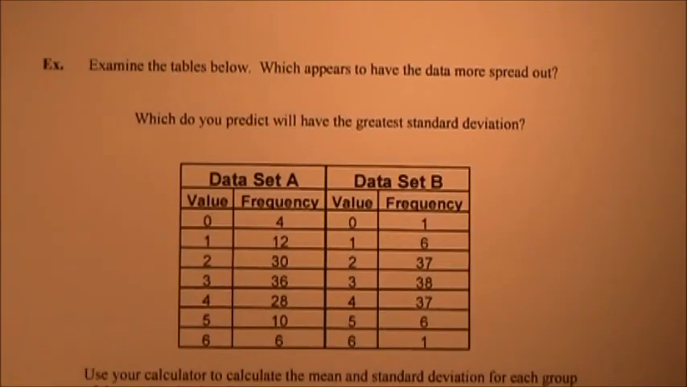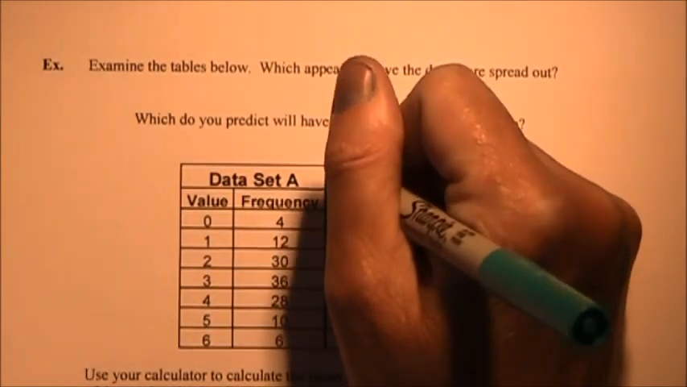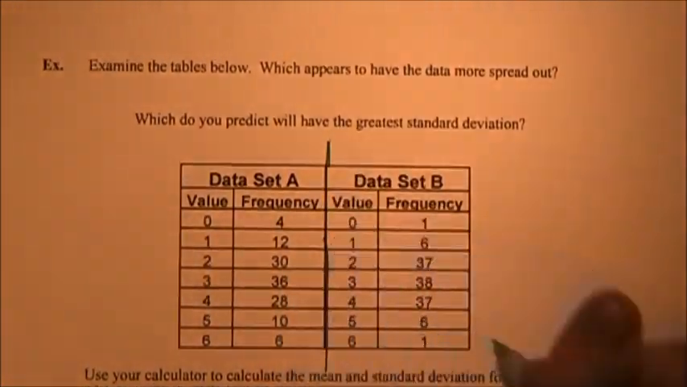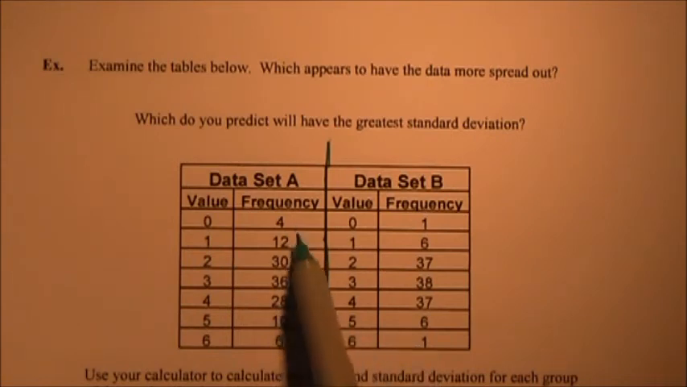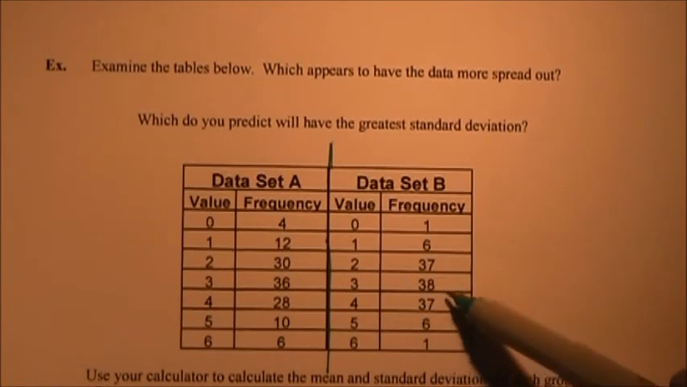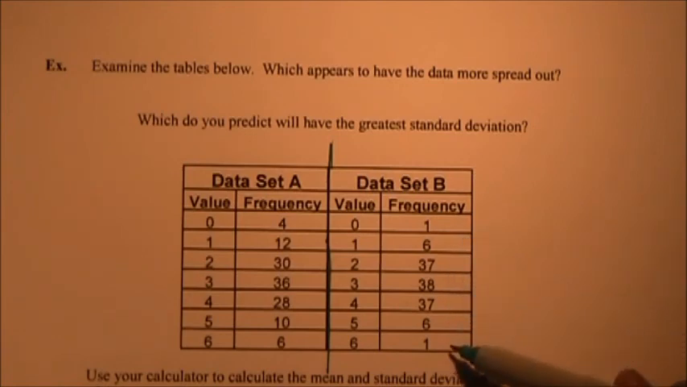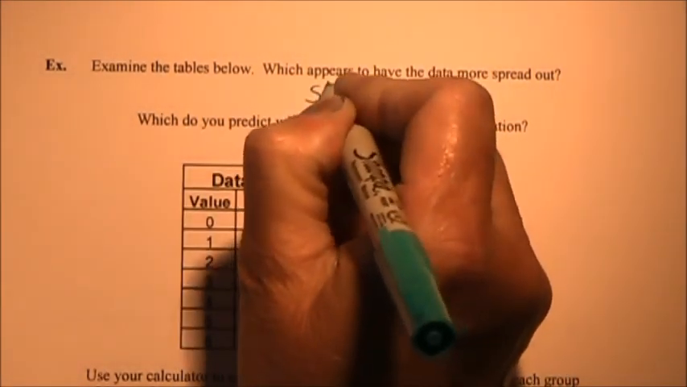This example asks us to examine the tables below and asks which appears to have the data with more spread. Now, it's 2 tables. Here's where our tables separate. Now, remember, as they're more spread out, that would mean that there is more information near the outside edges and less near the middle. So if I look at the middle, comparing the middle section of these 2, this looks like it has less values than this one does. This also looks like it has more values on the outside edges than this one does. So that would mean we have more values on the outside, less in the middle, which would be more spread out. Here we have more information right around the middle, less on the outside, which would be less spread out. So it looks like set A